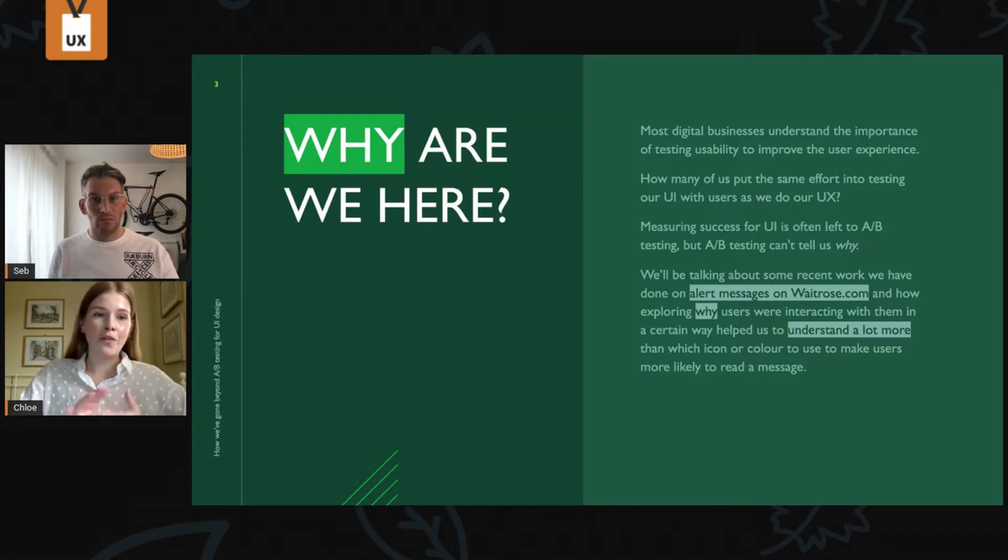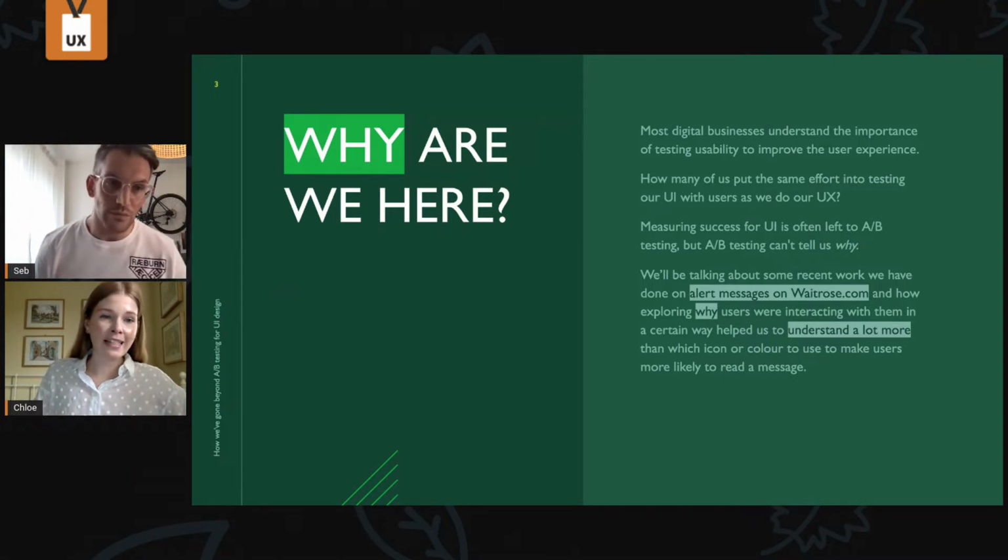As UI changes can often be pretty subtle, especially to the untrained eye, testing UI with users is often left to A/B testing, which in its simplest form is showing two versions of a design live to users and seeing which one results in the behavior that you want, which on an e-commerce site like Waitrose.com tends to be users buying more of something. But the major limitation of A/B testing in this way is it doesn't tell us anything about why the users are behaving in a certain way, and it doesn't tell us about the overall impact on